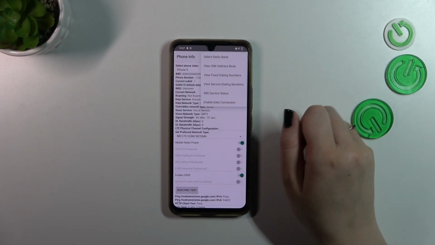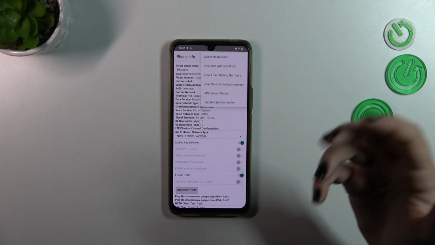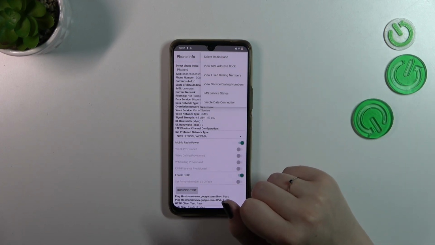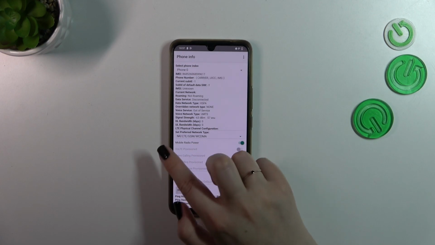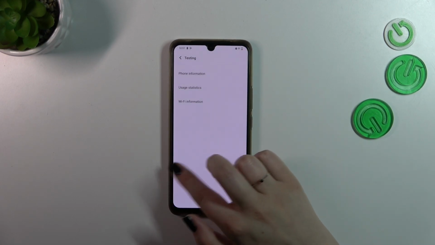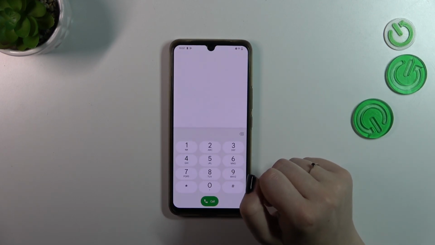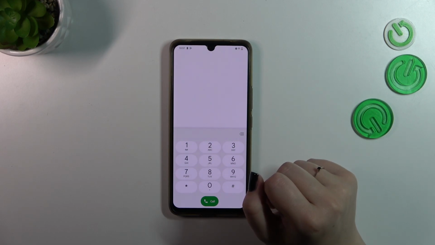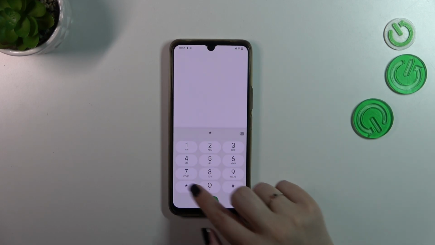We can tap on the three dots again, and here we've got more information, more options, so we can, for example, enable the data connection or view service dialing numbers. Let's go back. That's all for this code, and let me show you another one which will open the version test. It is